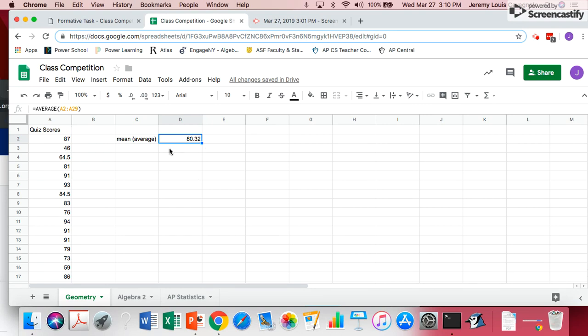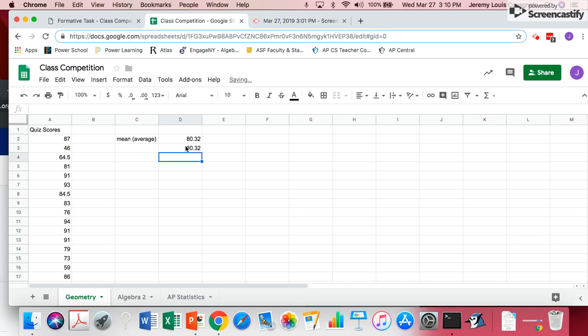particular numbers. The other thing I want you to notice is it says 80.32 right here. This is a cell, and that's what's being displayed right here. But if you look up here, this is the formula that is inside that box. And so I actually entered a formula, and then the spreadsheet found the output of this formula, this number, and it's displaying that number to us. So I did not just type in